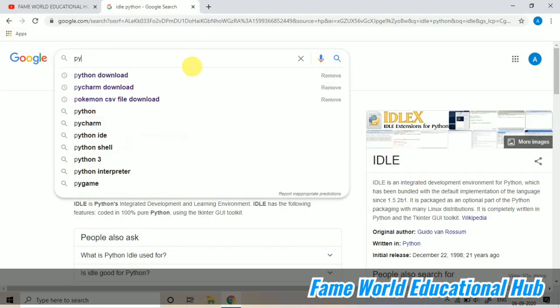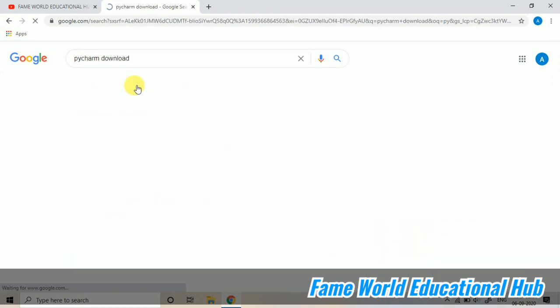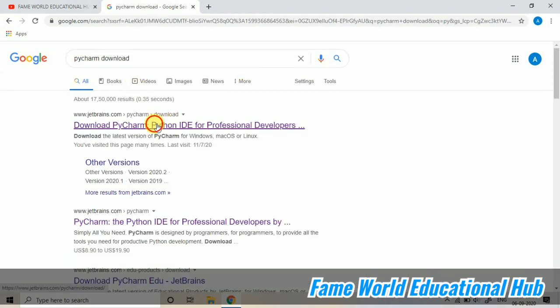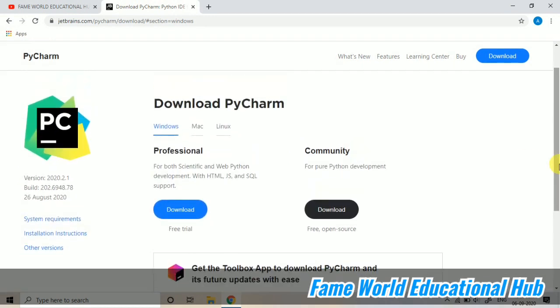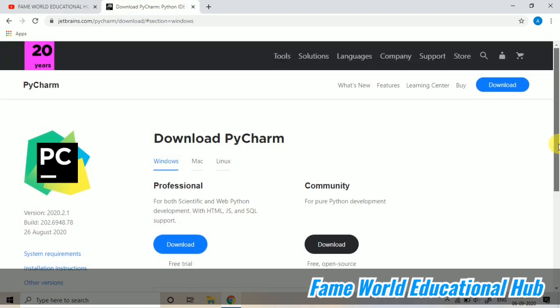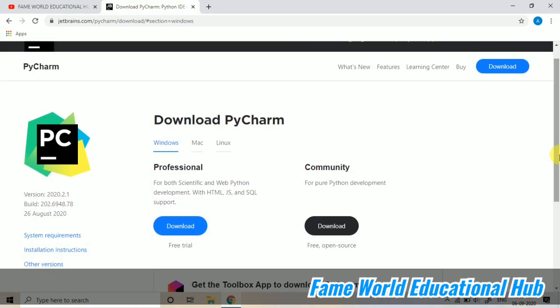So I'm going to tell you how you can download PyCharm. You can directly search on Google, download PyCharm. So jetbrains.com is the official website of PyCharm, and PyCharm is a very nice IDE which is developed for the purpose of Python programming. It is a very old IDE, you can see 20 years ago it was started. So you can see it's a very nice IDE, and today onwards I am going to start with this. In this particular series we will be going through multiple IDEs, so you can just wait and enjoy different stuff which we will be discussing here.